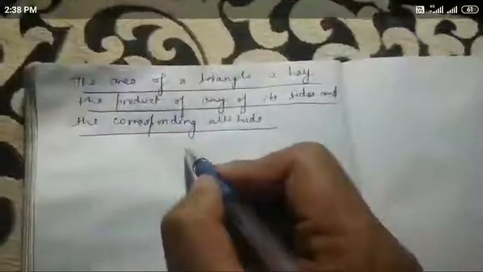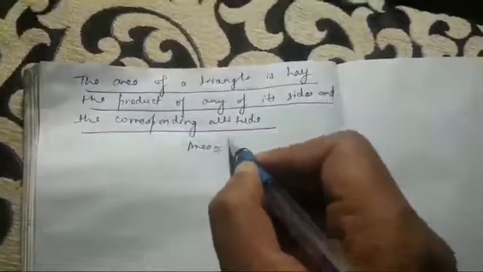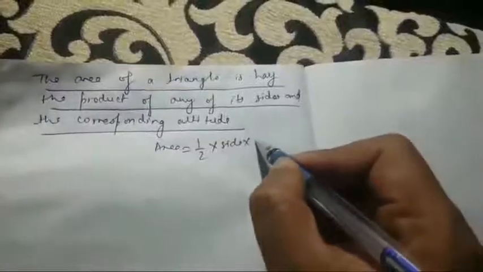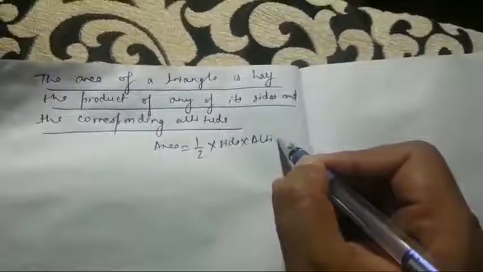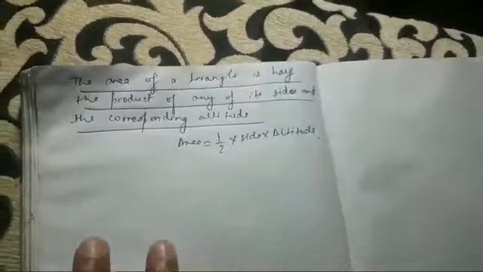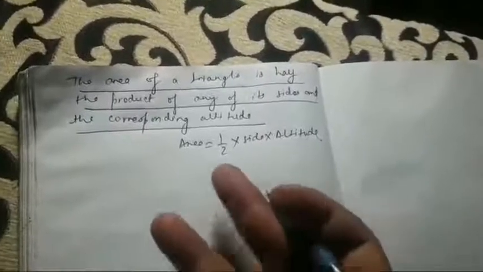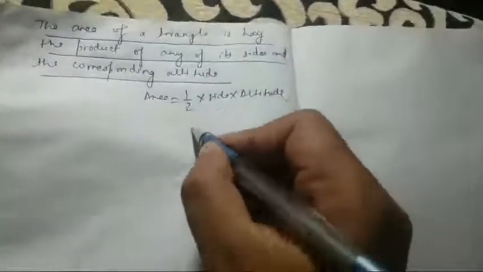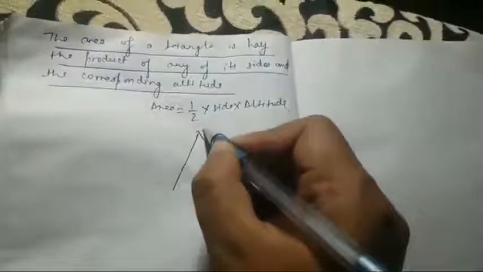The area of a triangle is always equal to half times a side times its corresponding altitude. So in this video we're going to prove why the area of a triangle is half times the side and times its corresponding altitude. For that, let us take one triangle named